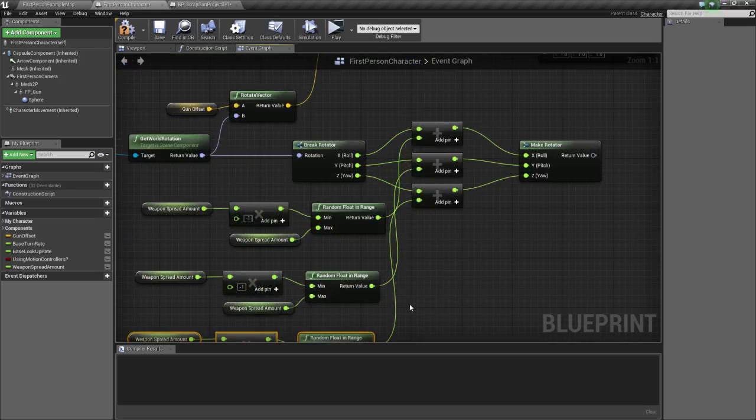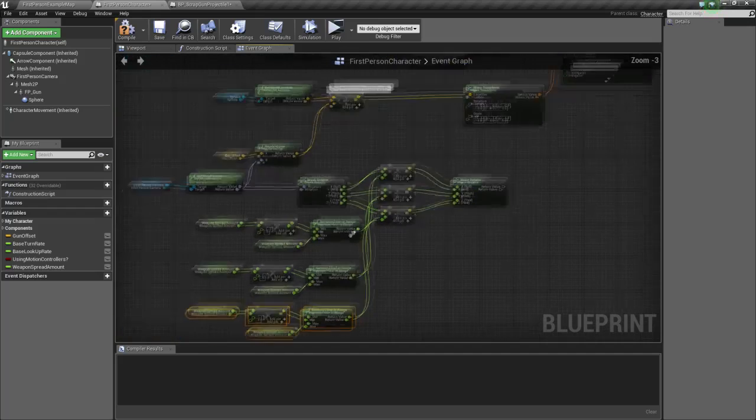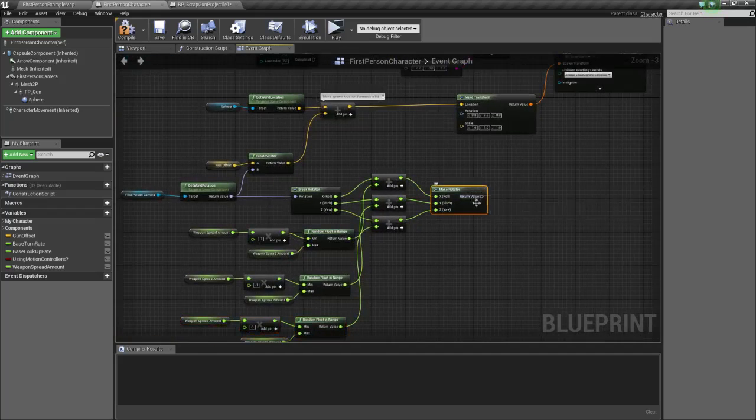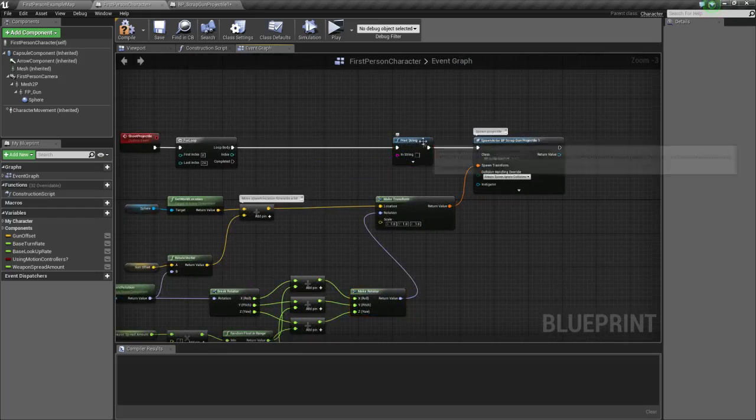It's kind of messy and amateurish, but I just want to get straight to the point. Later on you can refine this and make it a little bit more compact and not that messy. So we're gonna connect the make rotator to the rotation of the projectile, and that should